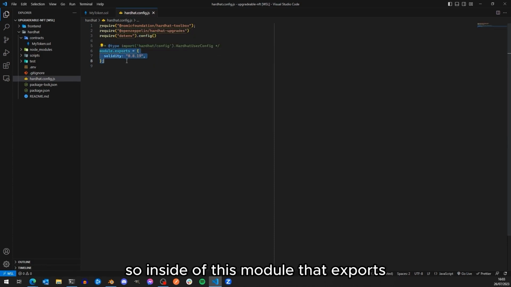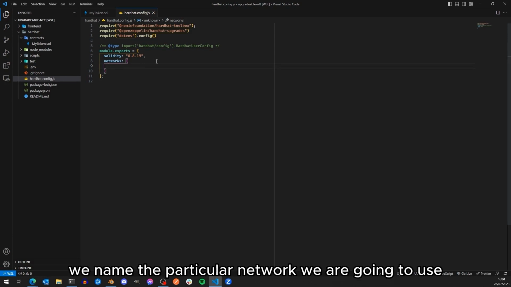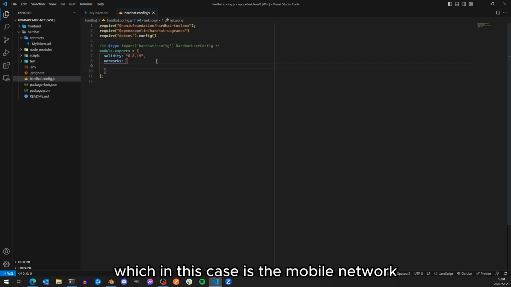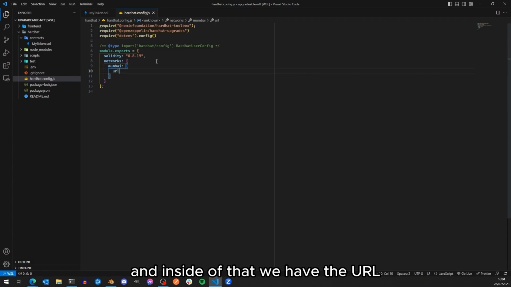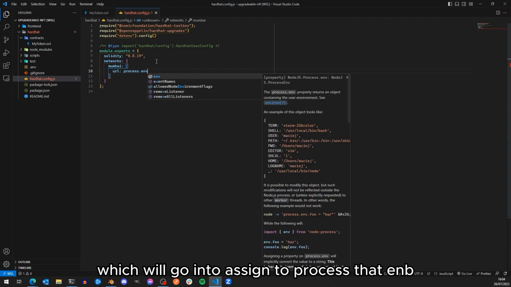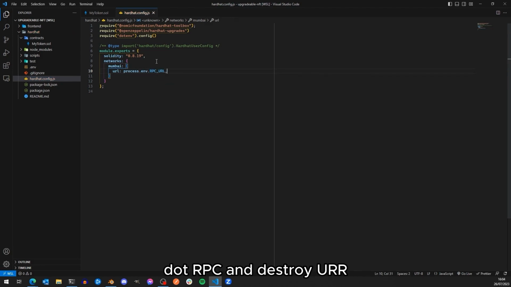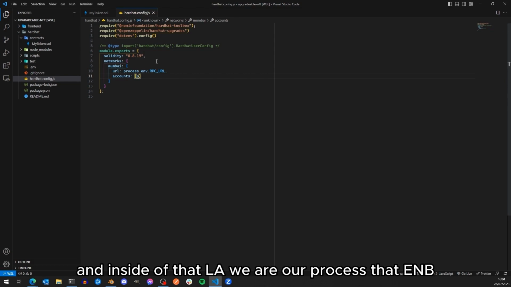So inside of this module.exports, we are going to add some new lines here. We will add the networks key, and it will be an object, and inside of that we name the particular network we are going to use, which in this case is the Mobile network. And it is also an object, and inside of that we have the url, which we're going to assign to process.env.RPC_URL, and the accounts key right here. The accounts key is an array, and inside of that array we have our